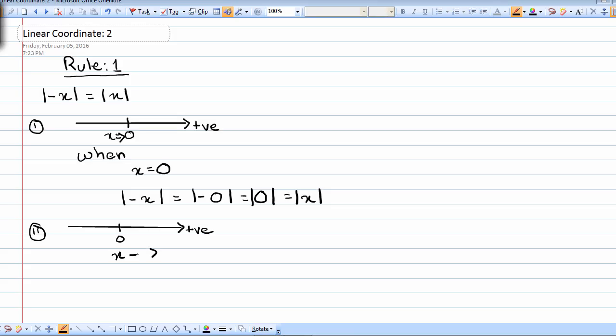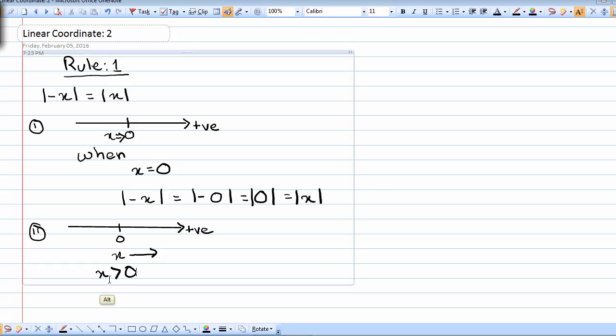Let me redraw this. So x is moving along the positive coordinate line, excluding 0. This means that we can write that x is greater than 0. So for this second step, we now know that x is greater than 0,